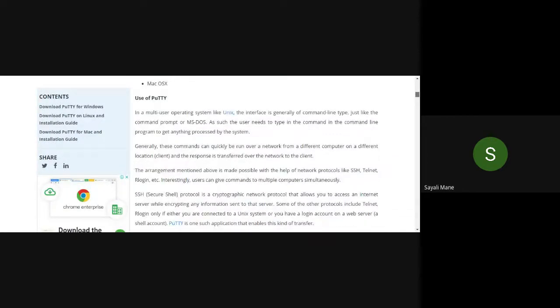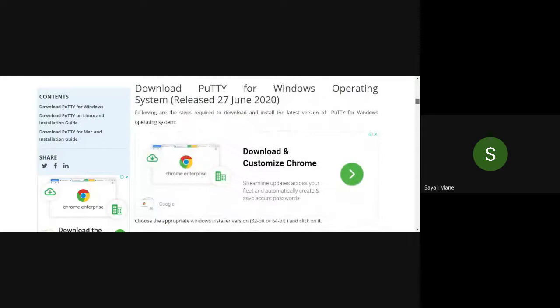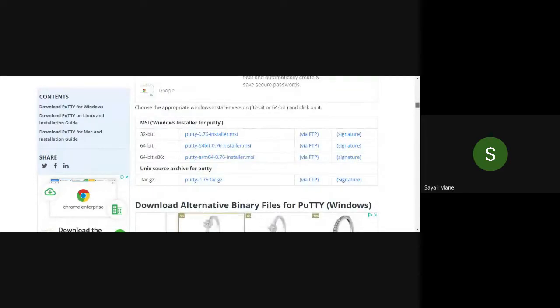So here you will see there are descriptions like why PuTTY, what is PuTTY, what is the use of PuTTY. If you see, it's written over here, it is nothing but a command line type, just like a command prompt. If you scroll down,